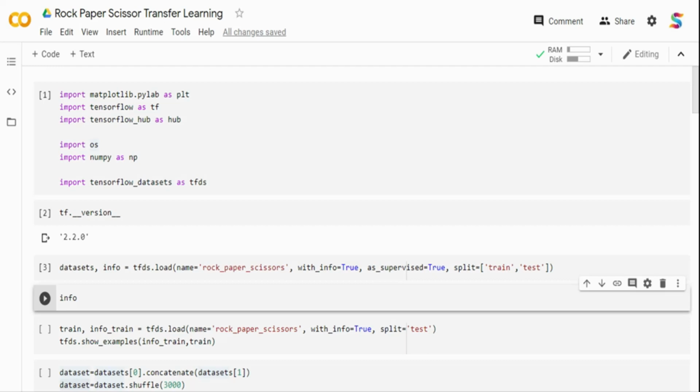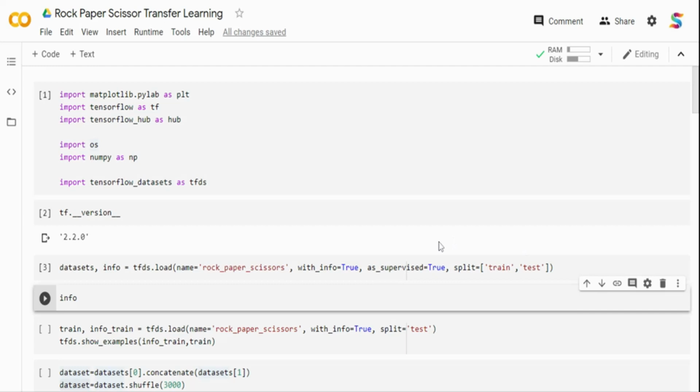Take an example, right? You have an animal classifier, and you want to take that animal classifier and maybe run it on a classifier that detects electronic circuitry. These two problems are way apart, and it may not work. But at the same time, if you take the animal classifier and use it to detect the breed of the animal, maybe it will work since they are close together, and it may give you good results as well. So the problem that you are dealing with has to be very similar in transfer learning. So now let's get started with the code part of it.